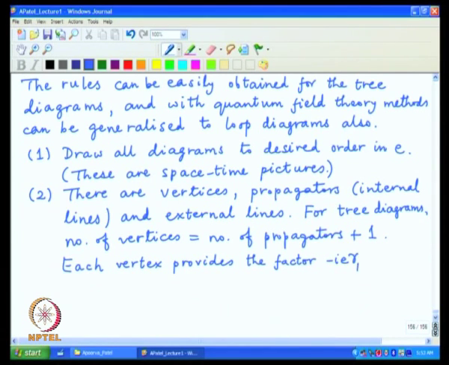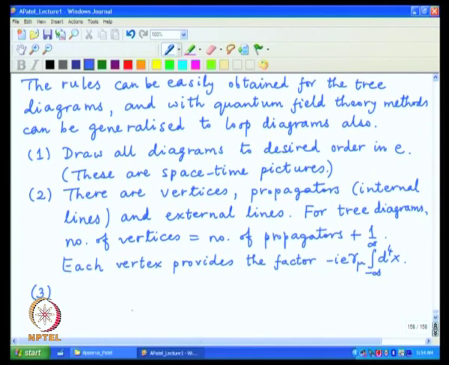minus i e gamma mu and an integral over the location of the vertex, that is because the vertex represents the interaction and interaction could have occurred anywhere in the whole space time. So, every vertex basically counts the power of e. So, if you want to calculate say to third order perturbation theory, the diagrams will have 3 vertices inside them. There is no other place which contributes a power of e. So, that much is for the vertex. What about the propagators?